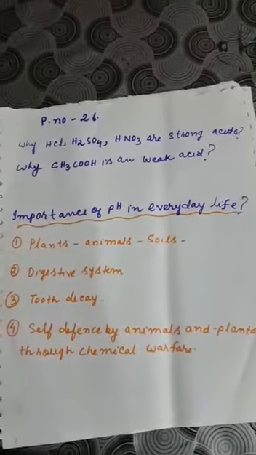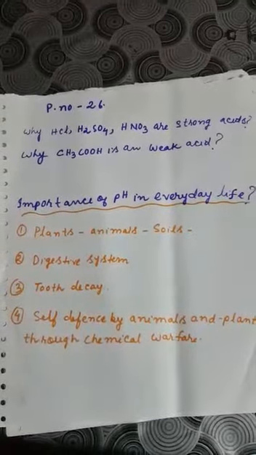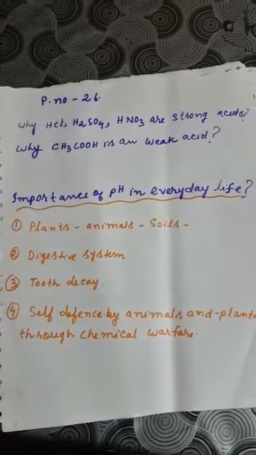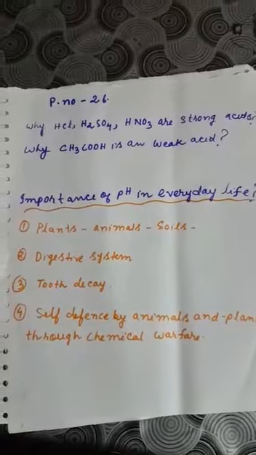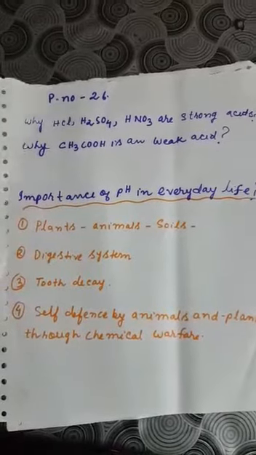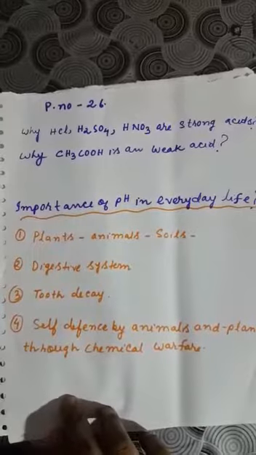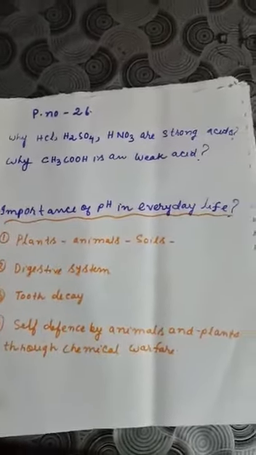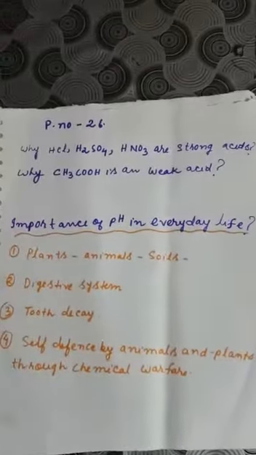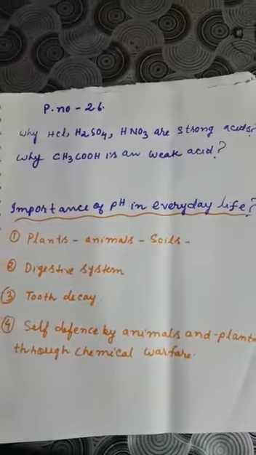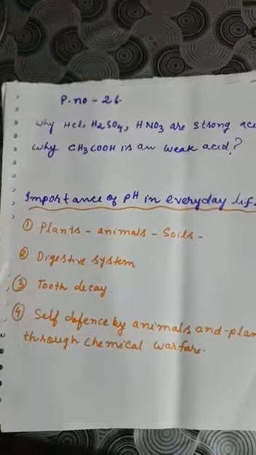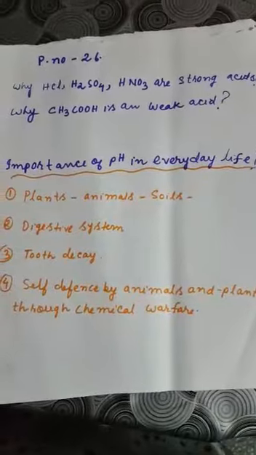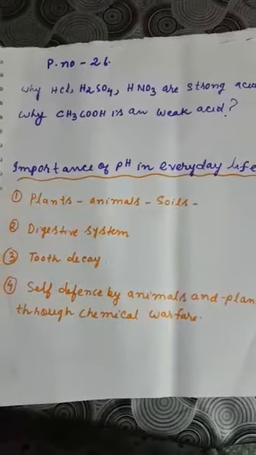Okay. Now suppose you want to grow some plants in your soil at your home. So what will you do? At first you have to check the condition of the soil. If you take some soil, dissolve it in water and test with a pH paper, you will come to know whether the soil has become acidic or basic, or what the condition of the soil is. Accordingly you can use whatever is required for your soil. If it is highly acidic, you can use some basic substances to make it neutral, and accordingly plants can grow, because if it is highly acidic or highly basic, plants will not grow.